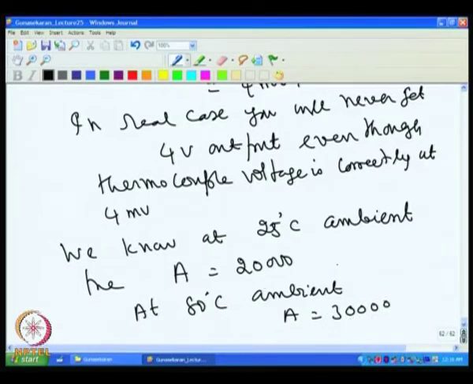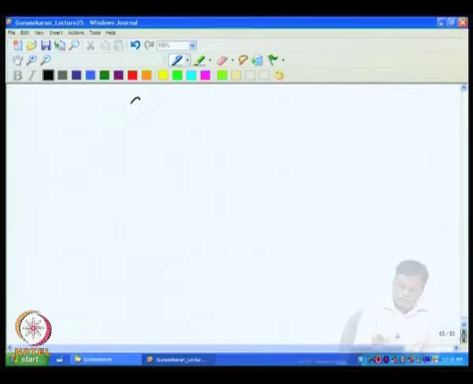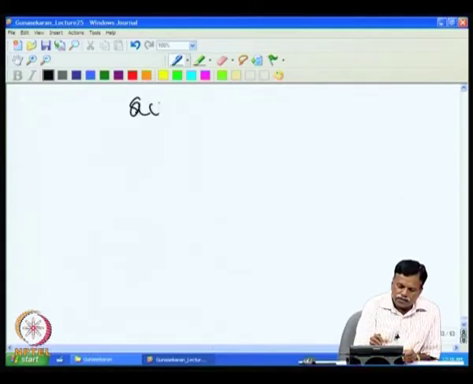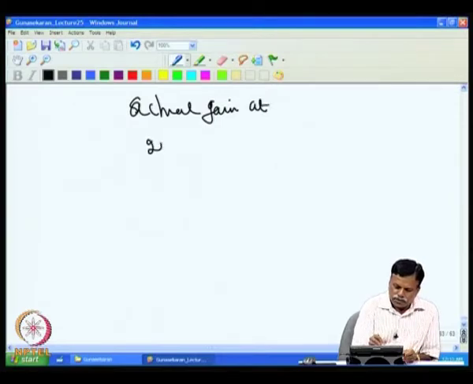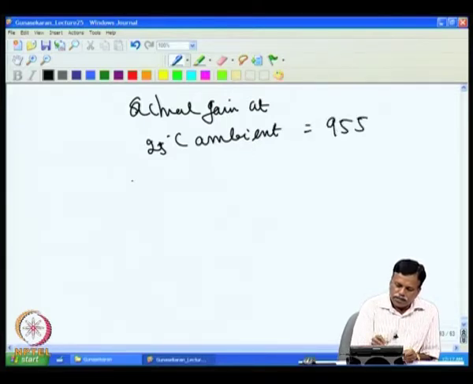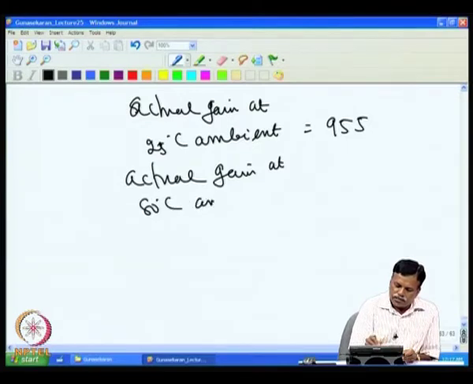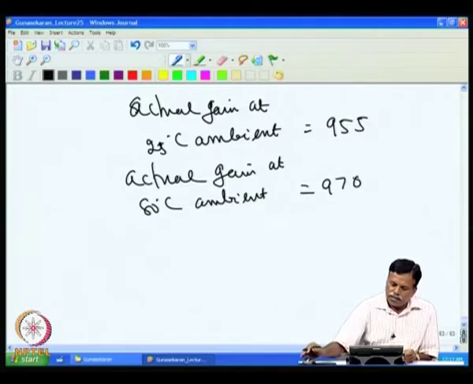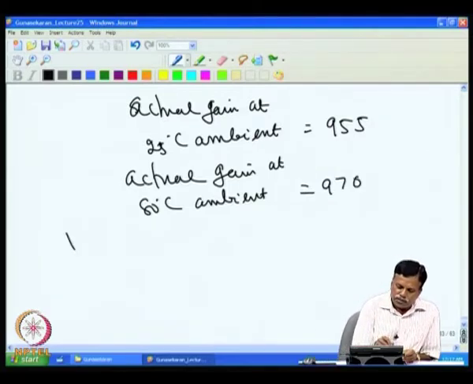This makes, from our earlier calculation, the set gain, the actual gain at 25 degrees C ambient is 955. Actual gain at 80 degree ambient is equal to 970. That means output V0 at